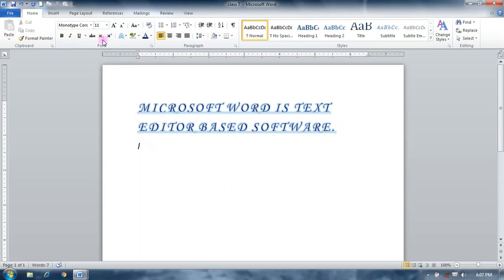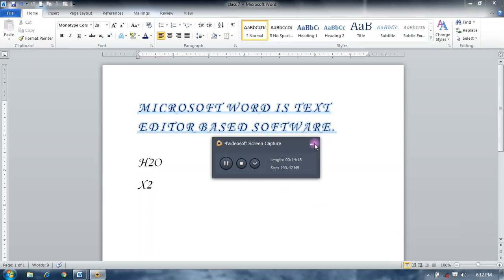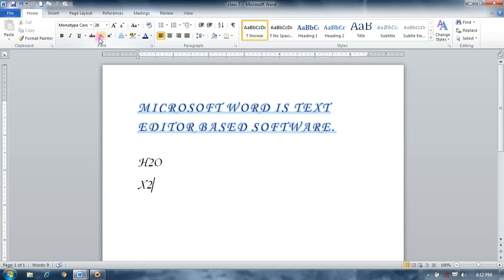In the font group, there are two more options: subscript and superscript. Subscript and superscript are used where we type a formula like H2O or a mathematical formula like x square. So we can use subscript like that. To type this, select it and click, like that.